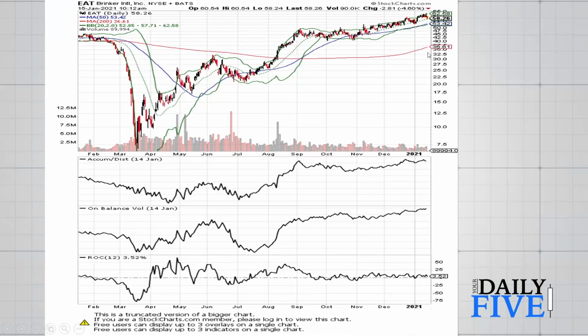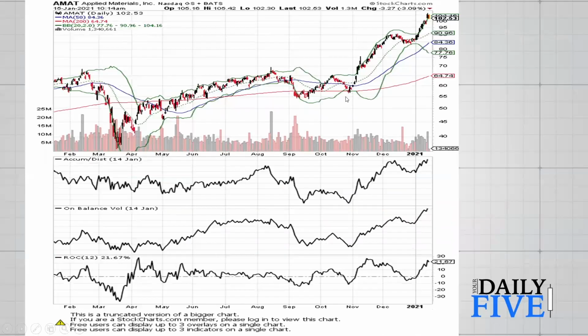So again, 20-day moving average, 50-day moving average, and 200-day moving average. Here's a stock. It's under accumulation. Unbalanced volume is nice. This is one you might want to look at for 2021. And the best thing here is that the slope of advance is not crazy. This is easily sustainable.